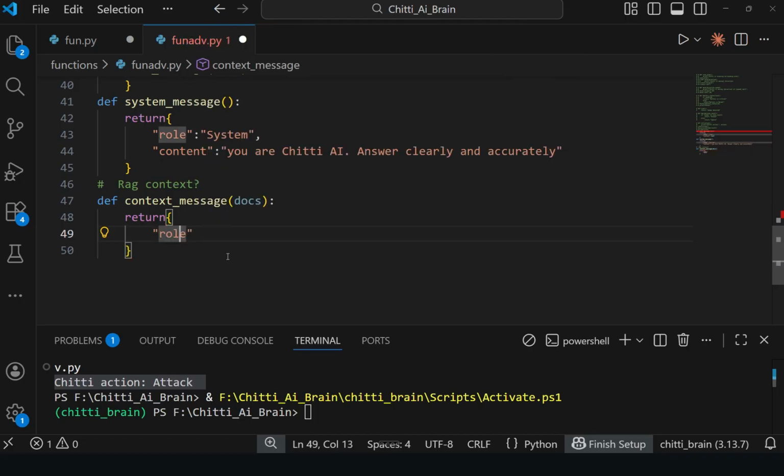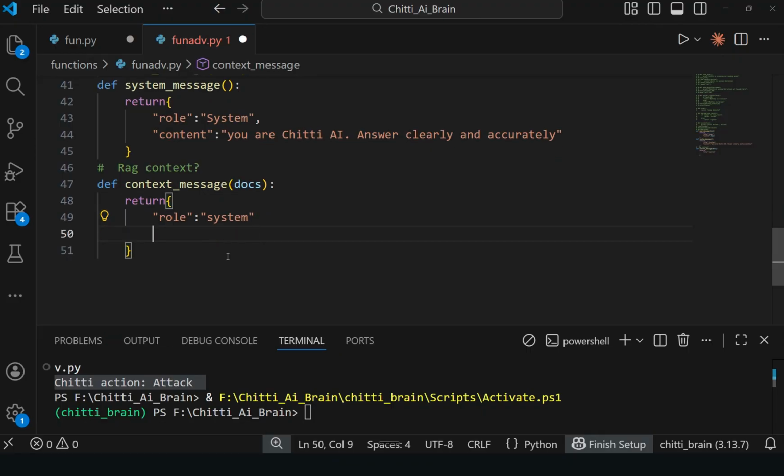Now it acts as a system role. What is the content here? The content is the context of the message.